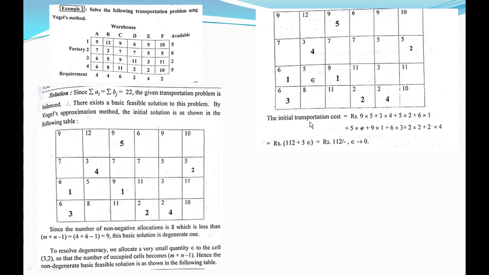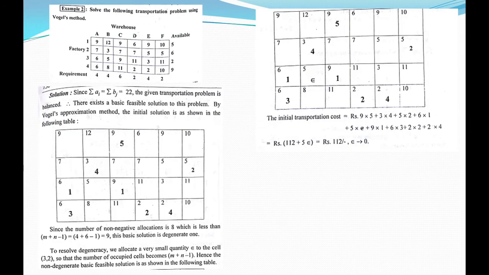So it doesn't matter. When we do the Modi method, we can think about the least one, but now you can simply take whatever cost is available there and multiply by epsilon. As epsilon tends to 0, whatever value we have becomes 0. So that will be reduced to the rest of the value,